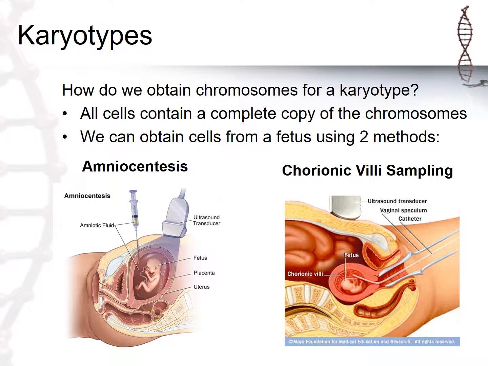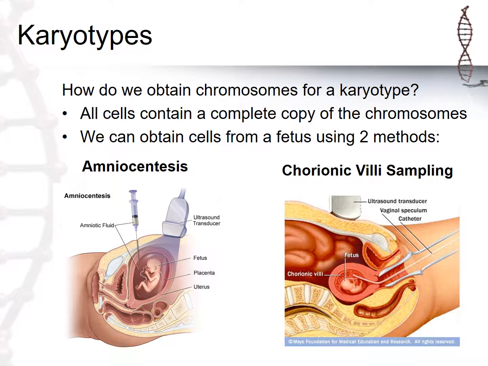You also could, earlier on, when the fetus is smaller, do chorionic villi sampling. This is sticking a little catheter in to test the chorionic villi, which exist between the fetus and the edge of the uterus. And of course, in both of these, they use an ultrasound transducer to get an image and make sure they're doing everything in the right place. Nowadays, they have newer ways to test, but to get karyotypes, these are the two main ways that we test